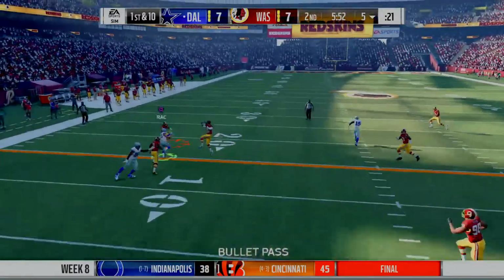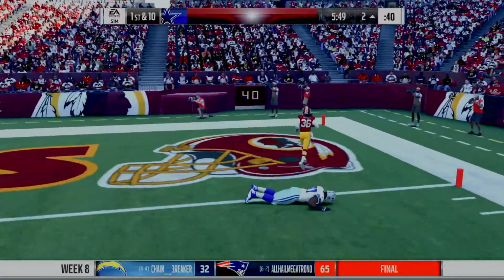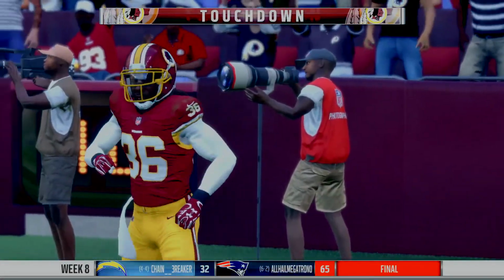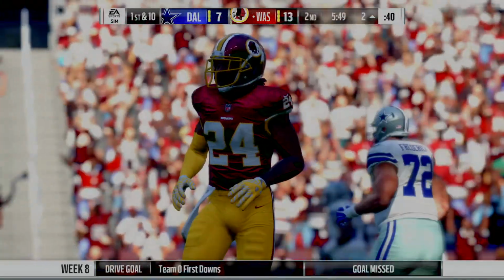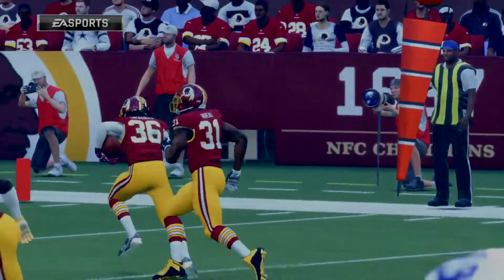Trying to shake off the interception from the last drive. He'll look to throw. And he will score. Touchdown, Washington. And on that one, with 6 defensive backs, did he need to be more careful throwing the football? I mean, I guess obviously hindsight he did, but...